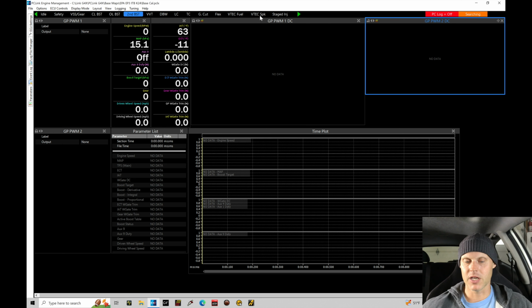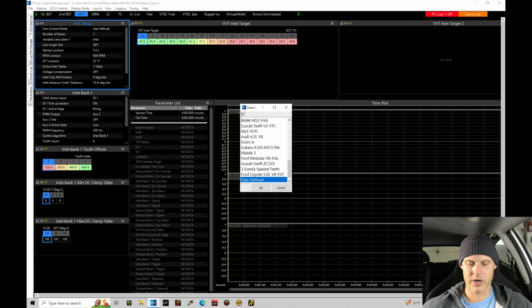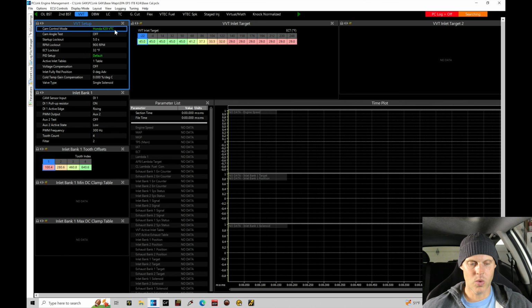control, VTEC fuel, VTEC spark, and the rest of these we shouldn't need to do anything with. So let's go ahead and jump into our variable valve timing. Now in here, the cam control mode, we're going to set this not to user defined, but to a Honda K series, so Honda K20 VTC. And then we're going to have to go through and set up our cam control here a little bit and talk about our cam angle test to make sure that's all functioning and working to populate proper inlet bank 1